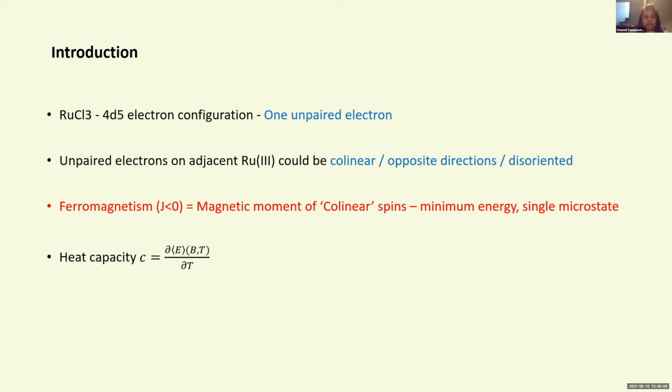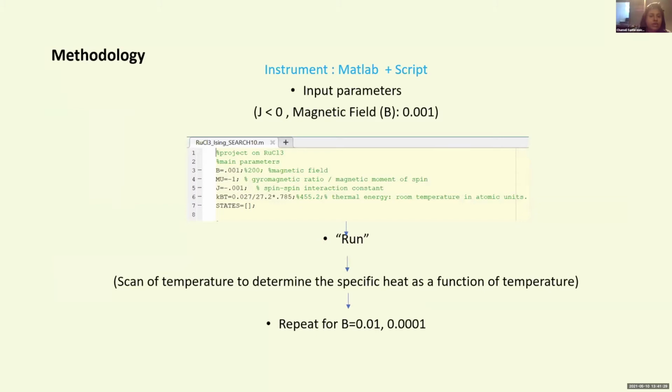So the unpaired electrons in the RuCl3 2D lattice could be either collinearly oriented, arranged in opposite directions, or disoriented. Ferromagnetism arises when they are arranged in the same direction. As shown in this equation, we can find the heat capacity by getting the derivative of internal energy over temperature. So moving on to the methodology,